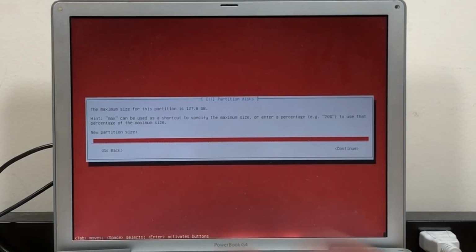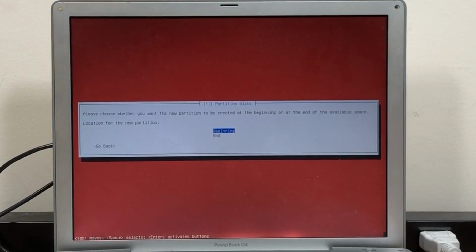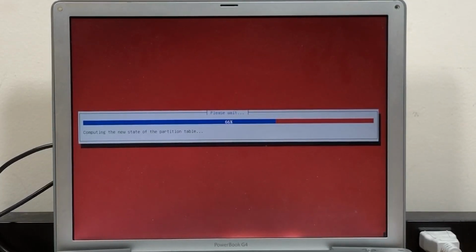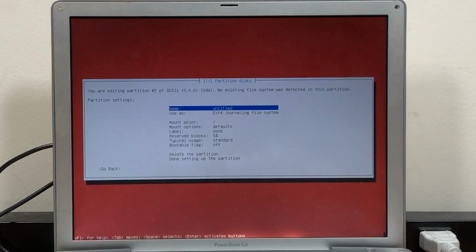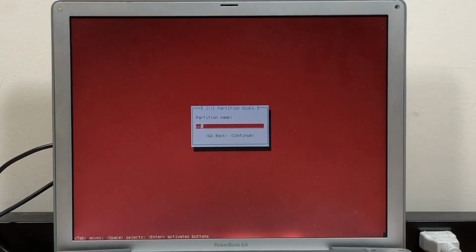Make the new partition 256 megabytes. I think, is it 256 MB or 256 M? Whatever, I'll do MB. Beginning. And then I'm going to name this thing Bootstrap.